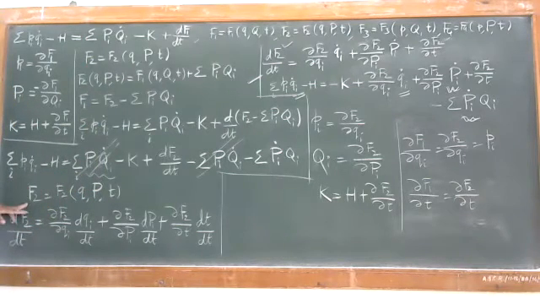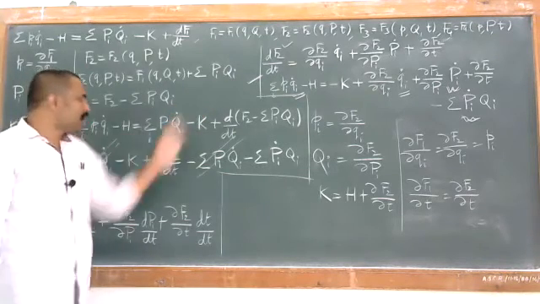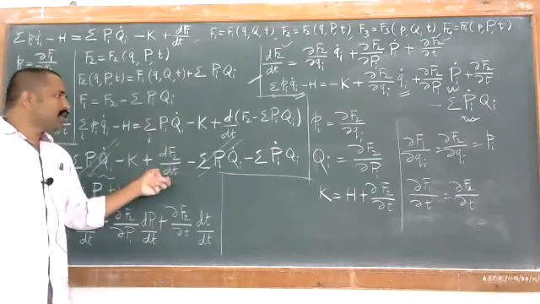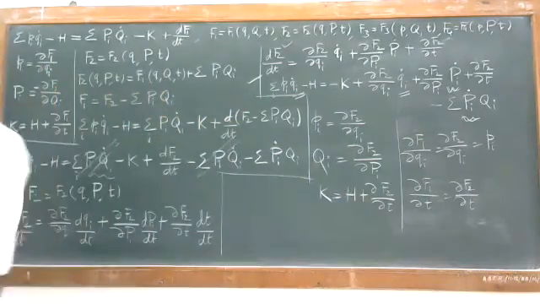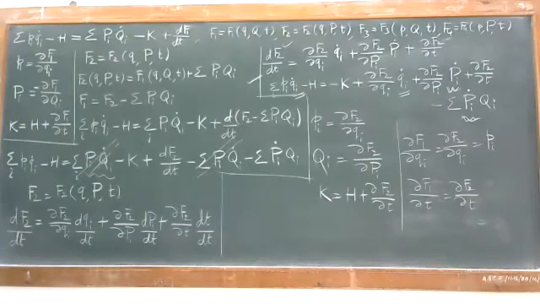Now we have a function f2. Differentiate it and find df2 by dt. Put it in whatever equation there is, and we'll have your solution. Now we'll just look at this third one. Take a screenshot of this, so you can have an idea of how this function will get solved.